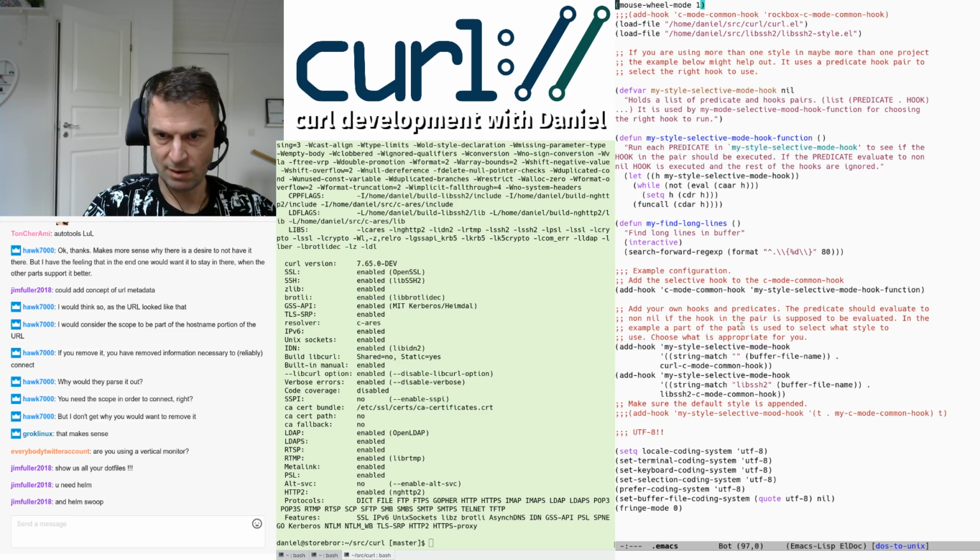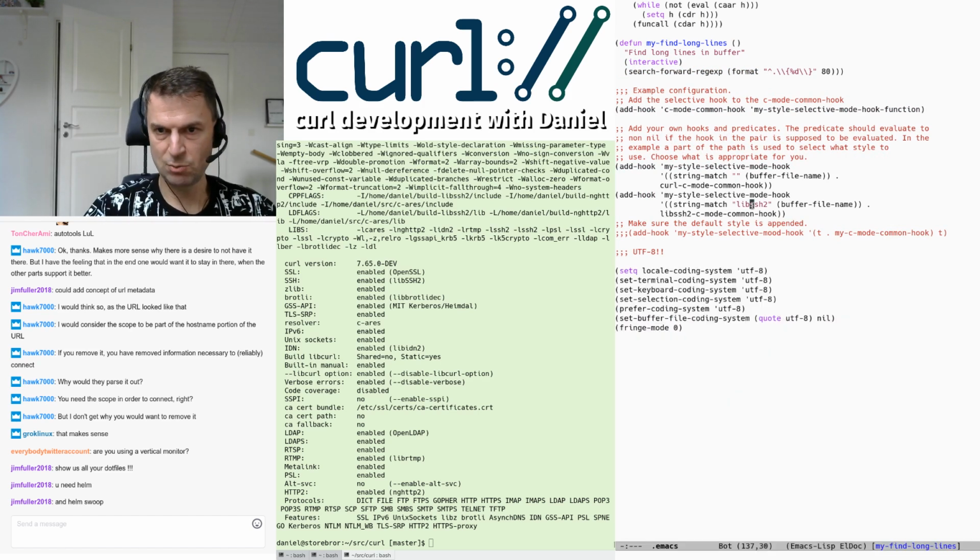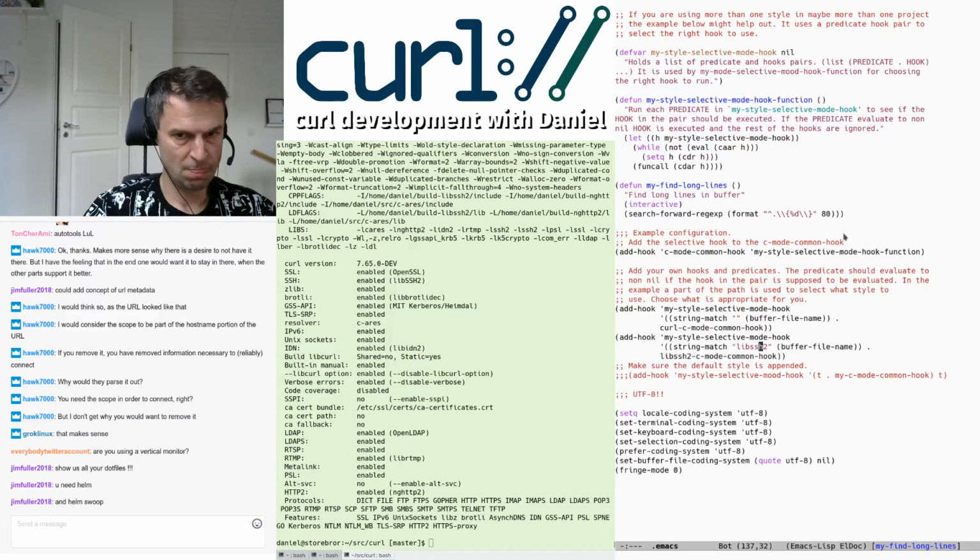So what do I have? I run this curl mode common hook. As you can see here, I sometimes edit libssh2 code, so I have a special match for libssh2, and then I run enable libssh2 mode. That's just for code style. So okay, I'll